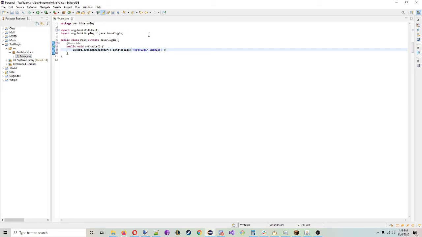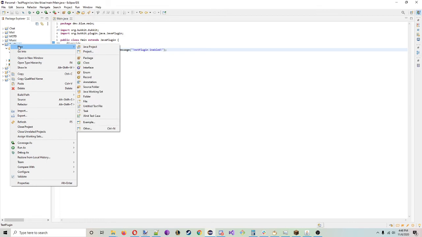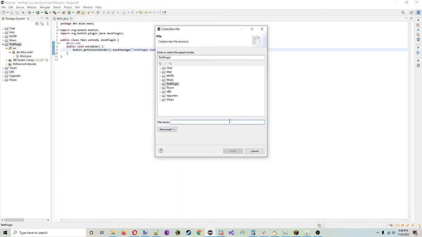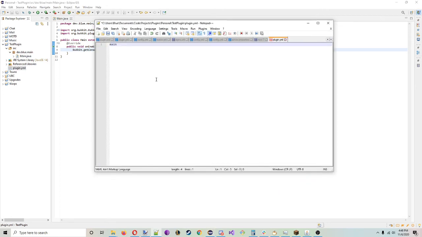enabled. And one last thing you're going to have to do before this is actually a living, breathing plugin is go ahead and create a new file and call it plugin.yml. And you're going to have to define a few things here. Your main, which is the path to your main, in this case your package name and class name, so dev.blue.main.Main, the last being capitalized because it is your class, and then the name of your plugin, which I'm just calling test plugin, and then the version of your plugin, which can be anything. We'll go with 0.1, author if you wish, which is of course BlueBukkitDev for me,